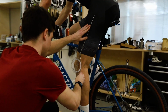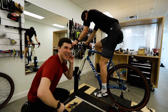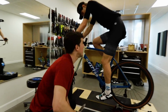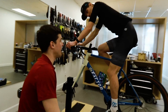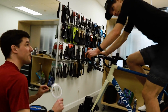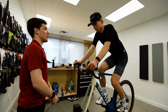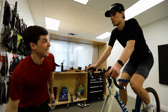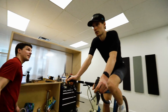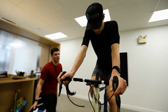I have the impression that I'm a little bit forward on the bike. Okay, and your knee extension is just a bit more extended? Because the knee extension that we look at is not the same on the other bike. So we need to maybe lower it and set it back a little bit, just a couple of